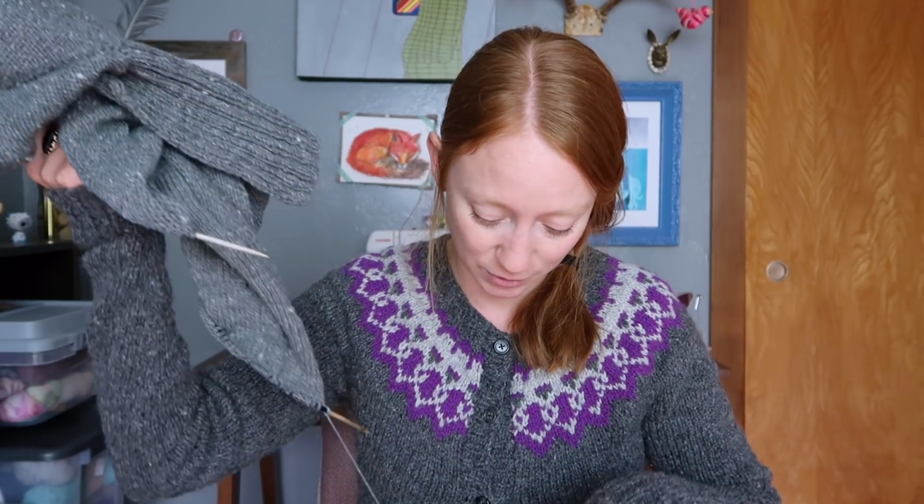The pattern itself, published in the book, calls for one amount of required yarn, but the Ravelry pattern page calls for a different amount of yarn. I am short on both of those amounts, so I'm not sure how short I'm gonna be or if I'm gonna have enough, just because maybe I'll just have enough, who knows. I feel like right now as I'm looking at it, I'm probably just gonna have enough yarn, but who knows,